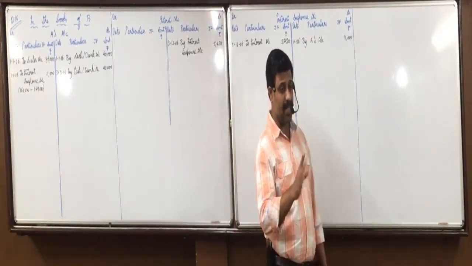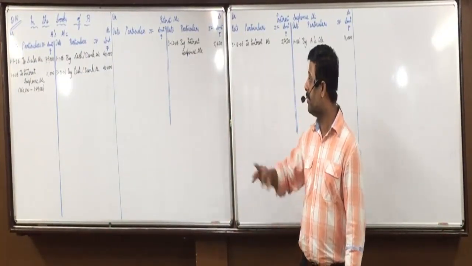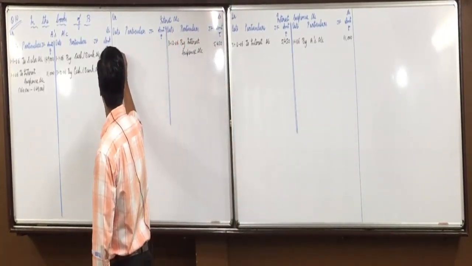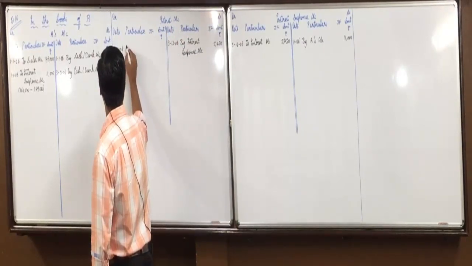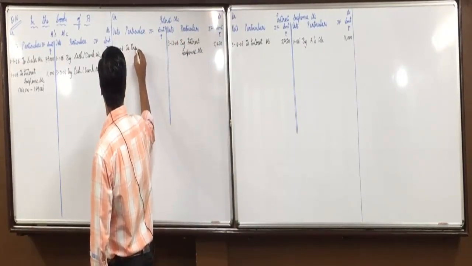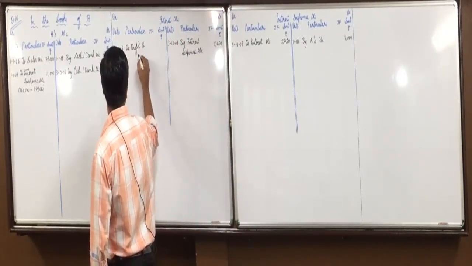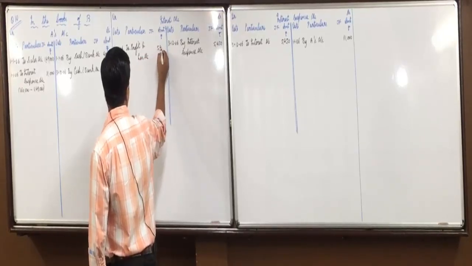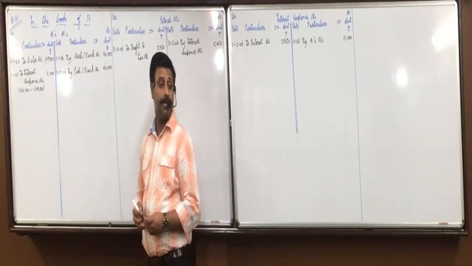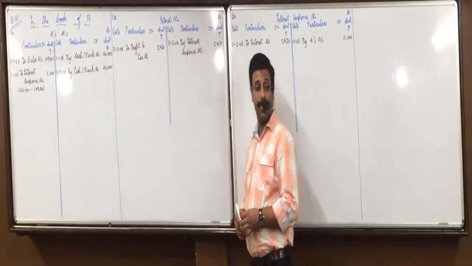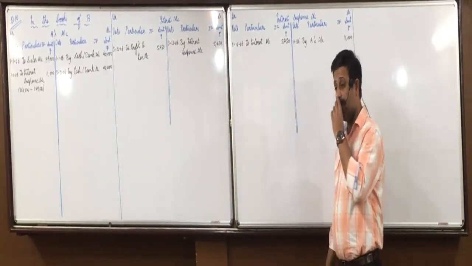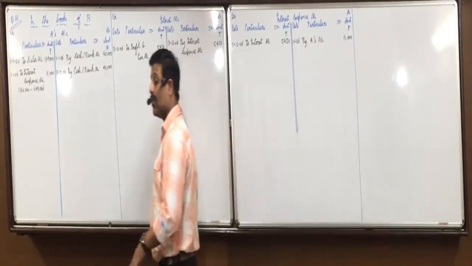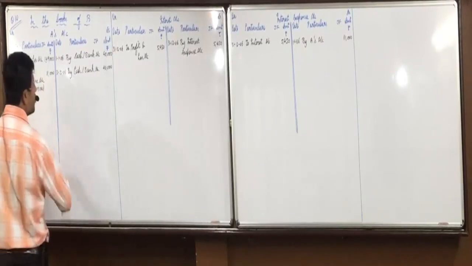Then closing entries. Depreciation, no entry in the books of seller. Closing entry means this interest is to be closed and transferred to profit and loss account. So to profit and loss account, full amount of 5,450. Did you understand this?